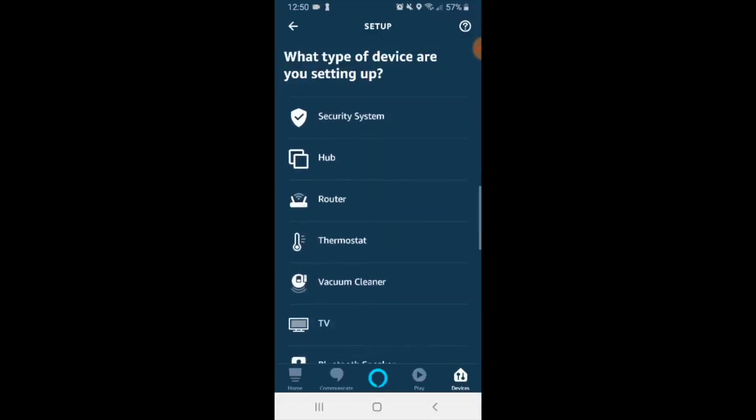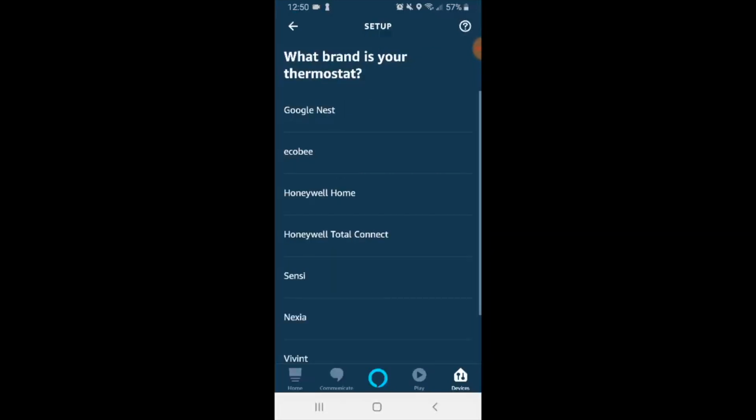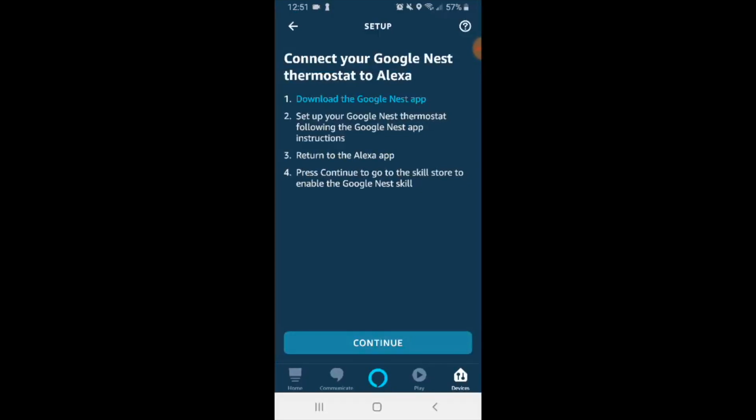So we're going to scroll down and you can see thermostat is right here. So we go ahead and click on that. Now it asks us what brand our thermostat is, and we have a Google Nest. So we're going to go ahead and click that, and that's going to allow us to link Alexa to Nest